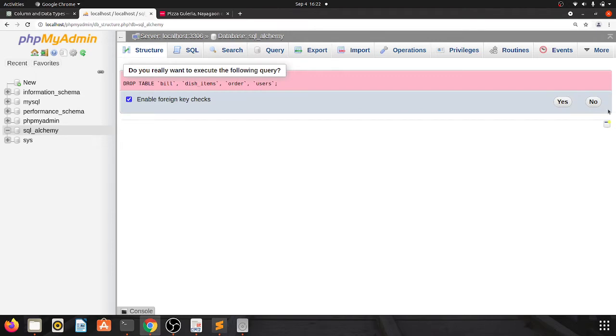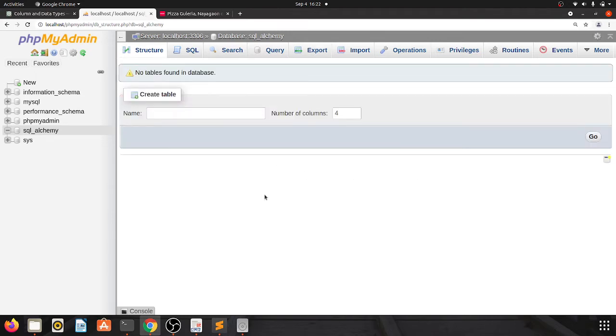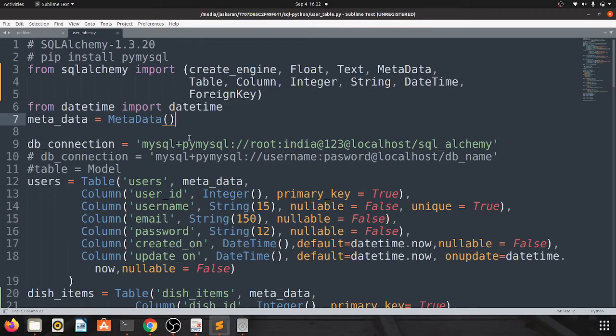Let me drop all my tables. Check out here, I have imported all the classes. You can see in my last code there is no foreign key classes.